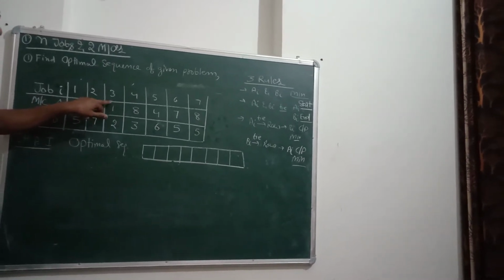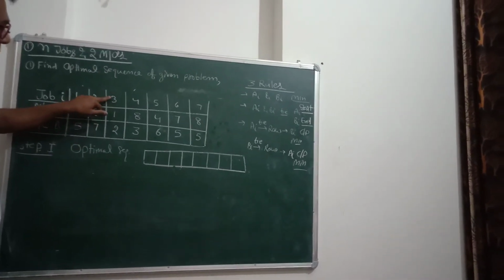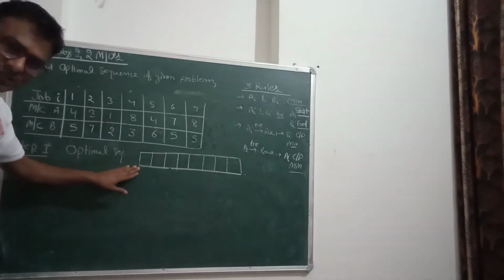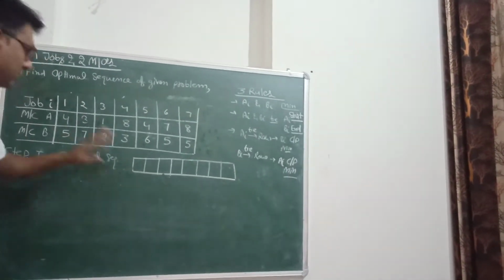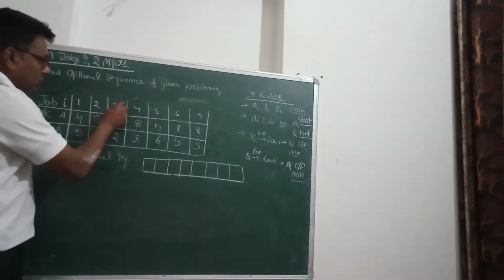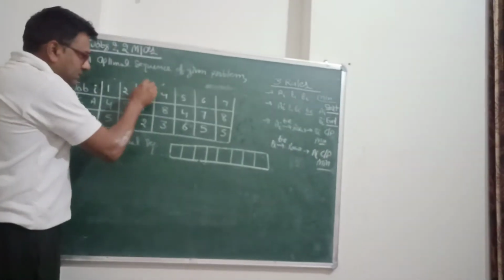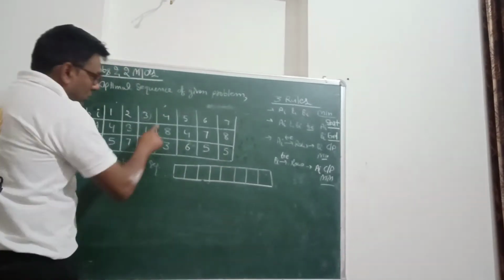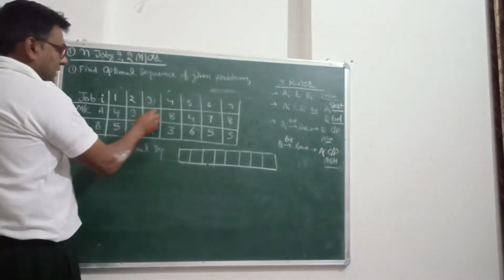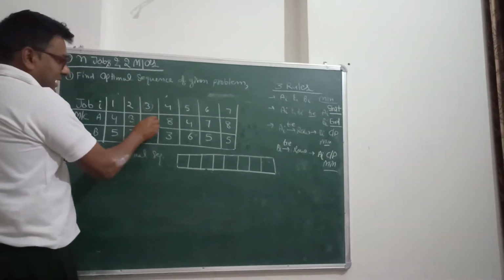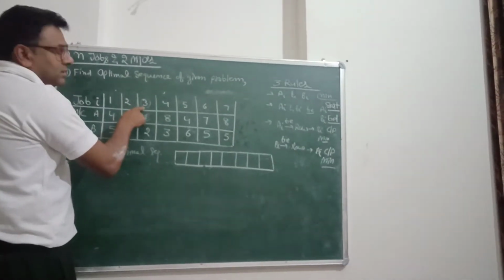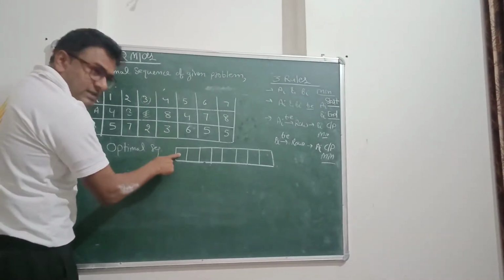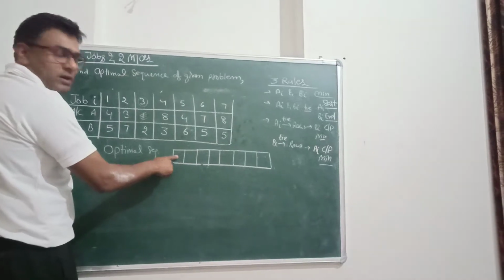So what we will do, we will put the corresponding job in the starting cell of the sequencing order table. So this one will be the first job in the sequencing order table. As it is in the line in the machine A cell, we will put this job into the first cell of the sequencing order row.